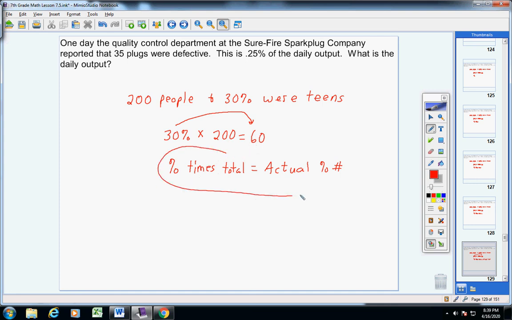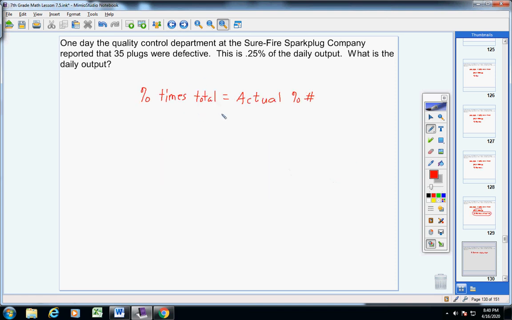So here it is. Any time that you take the percentage times the total, that will give you the actual percentage number. Okay, so let's use that. There's our formula. Got it? So here we go. My percentage I'm using is 0.25%. Got it? So for my percentage right here, I'm going to put,